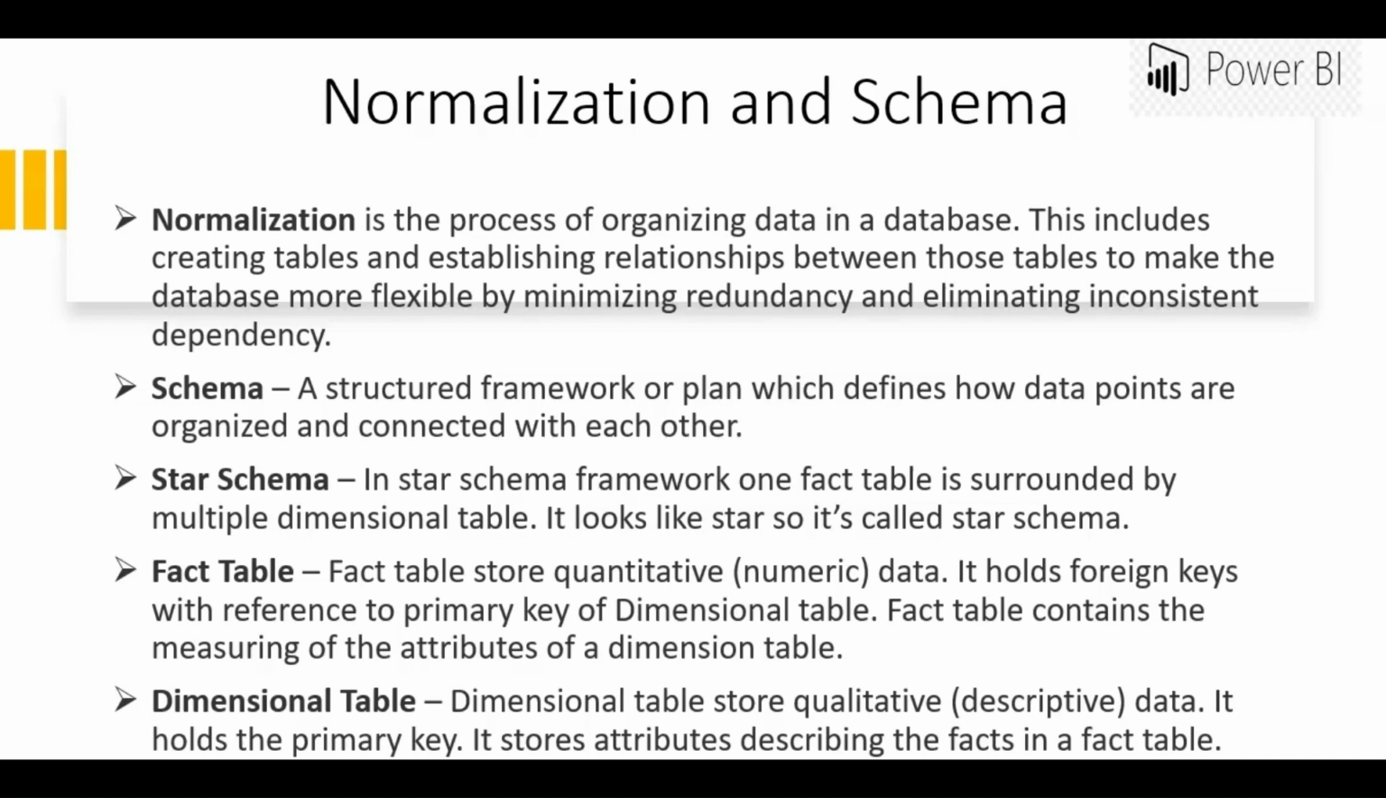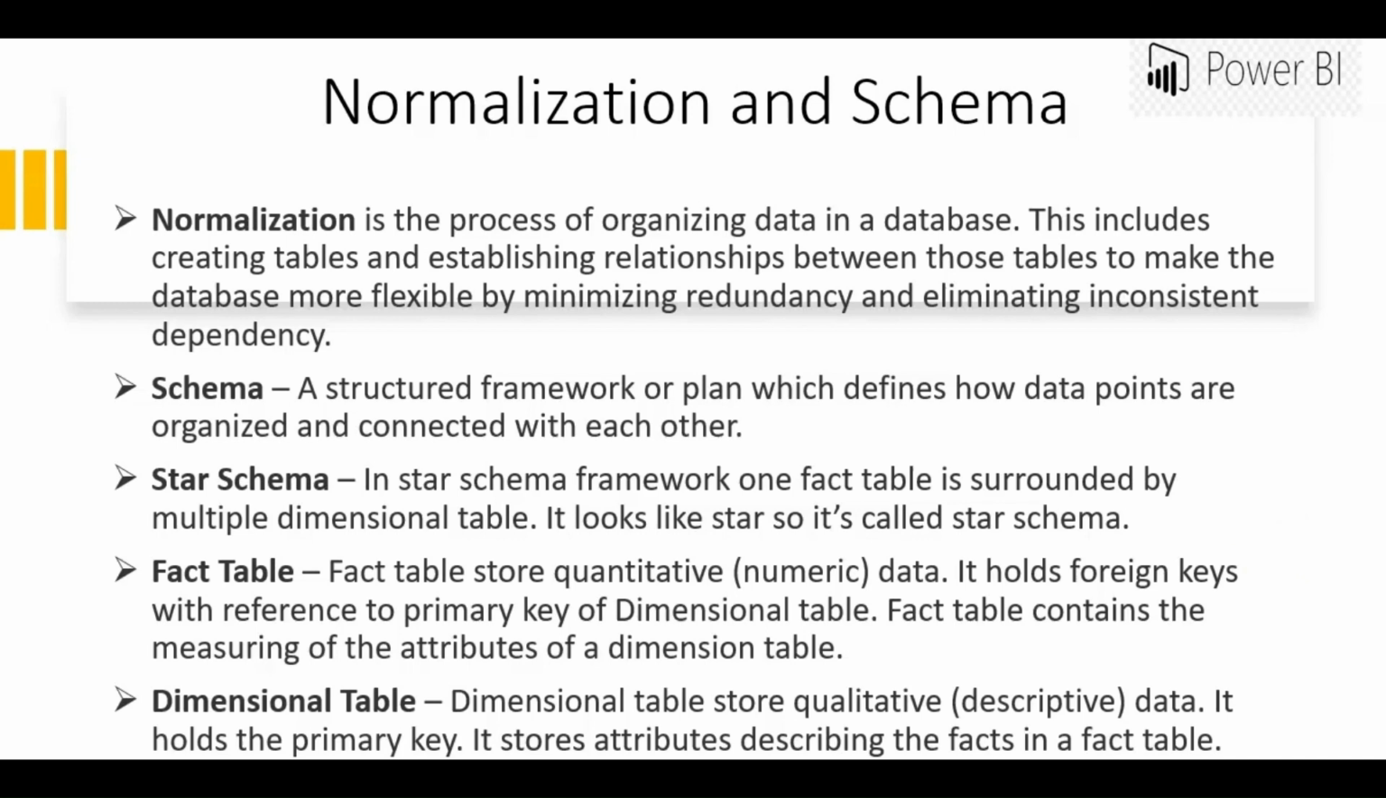Dimensional table stores qualitative or descriptive data. It holds the primary key. It stores attributes describing the facts in the fact table. So, dimensional table represents the categorical or descriptive data and holds the primary key. And fact table contains the foreign key with reference to the primary key of the dimensional table to summarize the